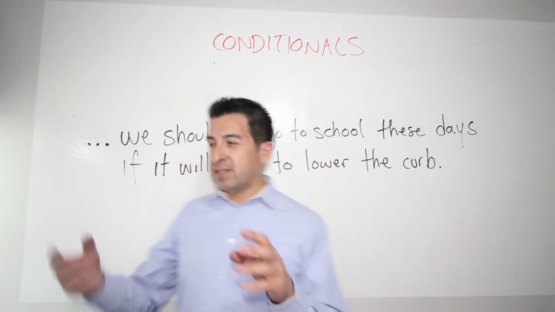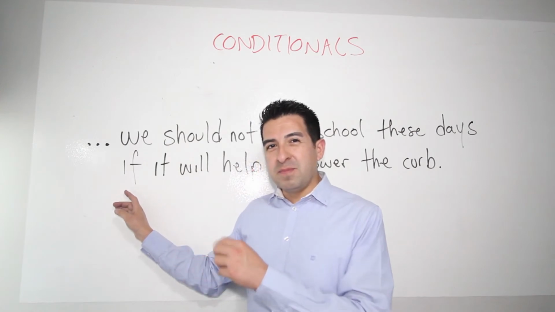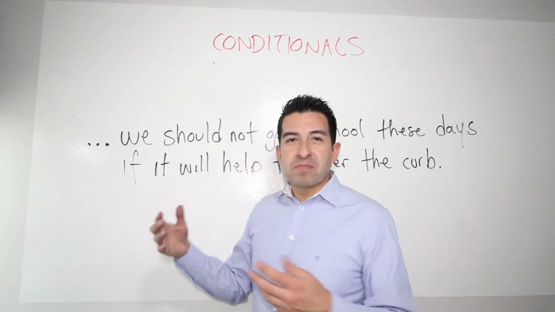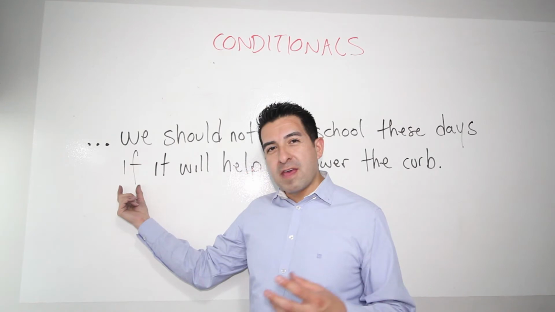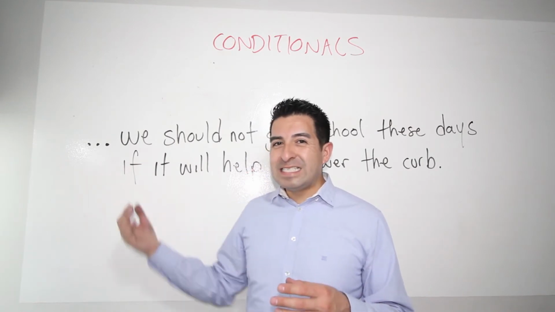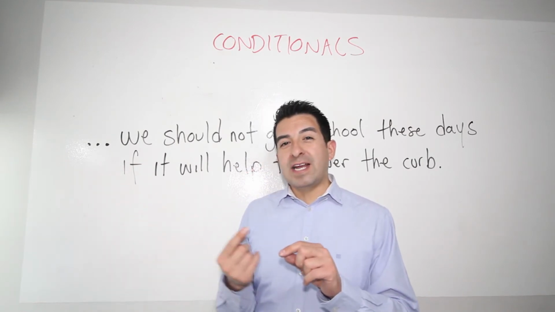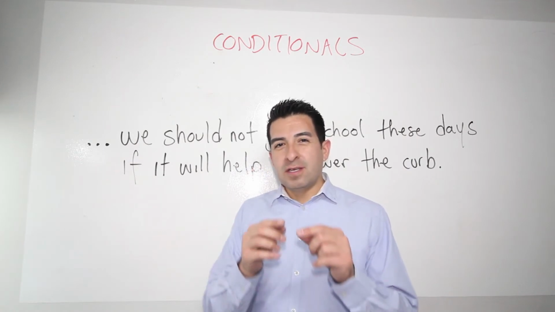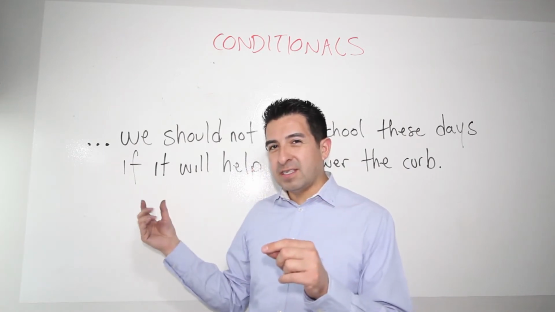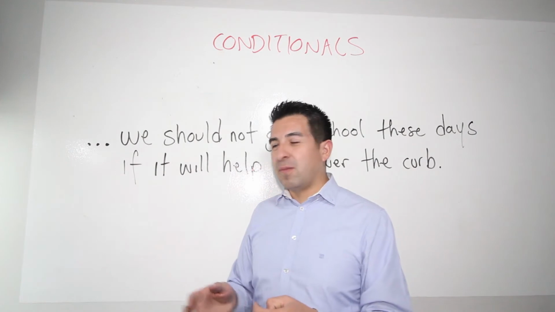How do we know that? Because it's the if at the middle of the sentence. So there's no problem. If we have if at the beginning, yes, there's a problem because we don't know exactly where to finish. So we need the comma. In this case, the opposite, we don't need the comma.